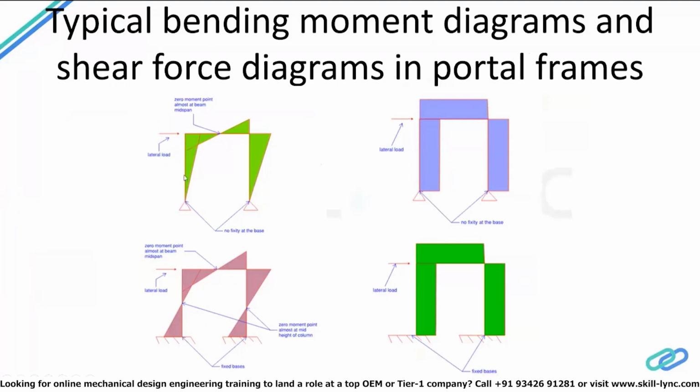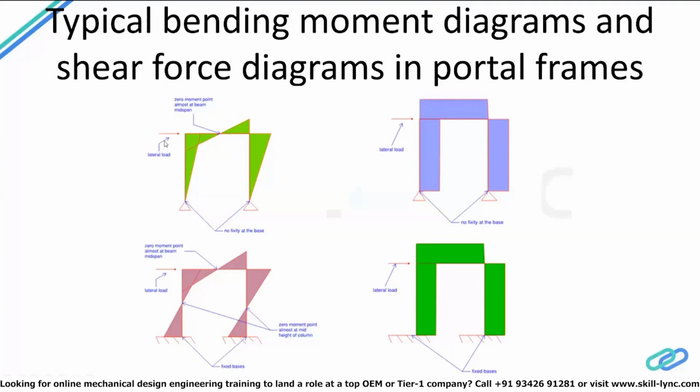And one thing which I would like to mention is, whenever you have to derive any bending moment diagram, always look at the deflected shape of the beam or the structure, because that gives you the kind of curvature that the member is going to have, and that lets you know where you will be seeing tension at top and tension at bottom and things like that, and therefore you can come up with the